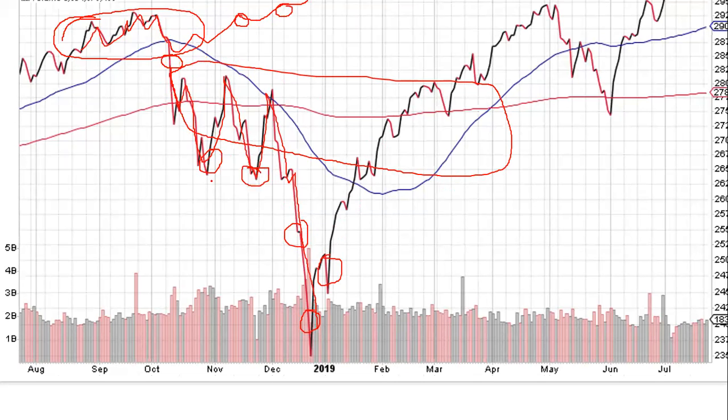So the risk of this is if you put your stops in too tight, you can sell out and then miss out on the rebound. So there is some upside risk to this. You're really just protecting against downside risk to some extent.